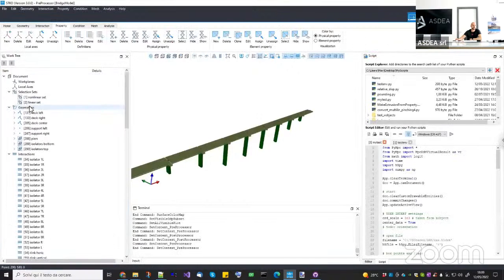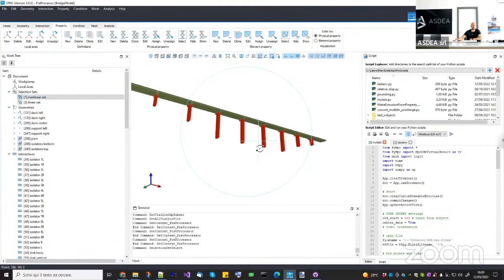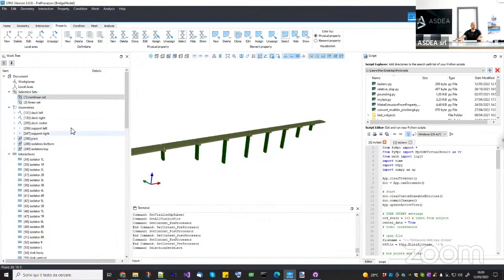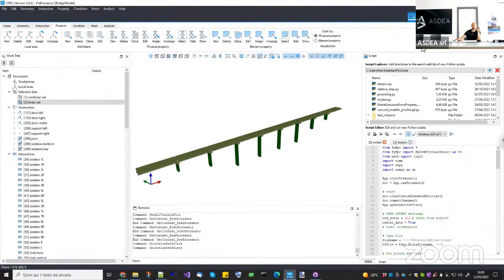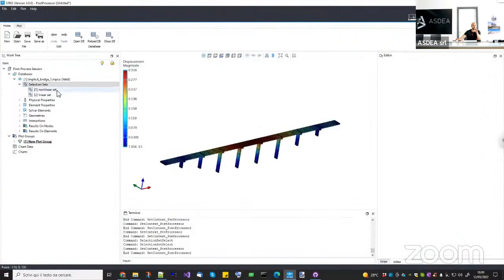You have a reference to the selection set you have in the preprocessor. In the preprocessor here, I had two selection sets. If I remember correctly, a set for nonlinear elements and another set for linear elements. In this analysis, I needed to assign different Rayleigh density to them. Anyway, if you have some selection sets, you can create them here so that in the post-processor, you can use them,